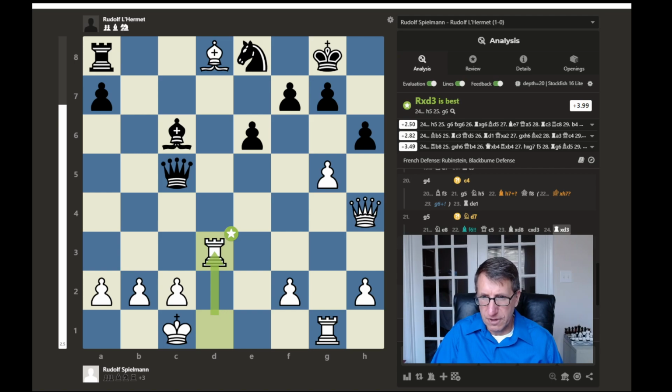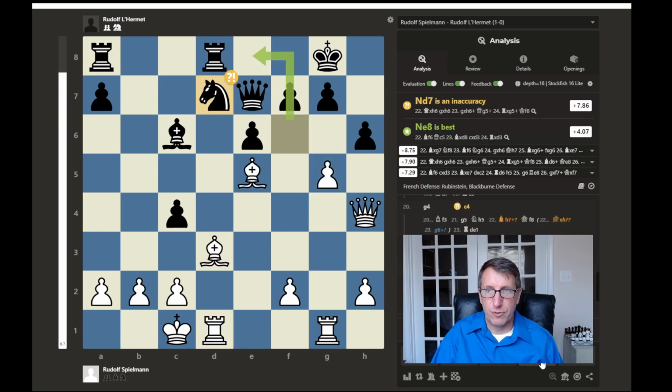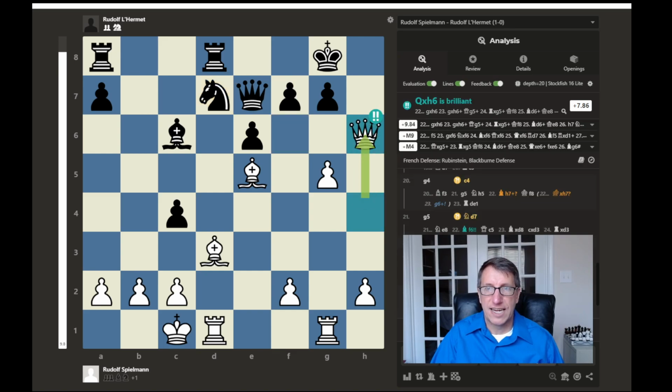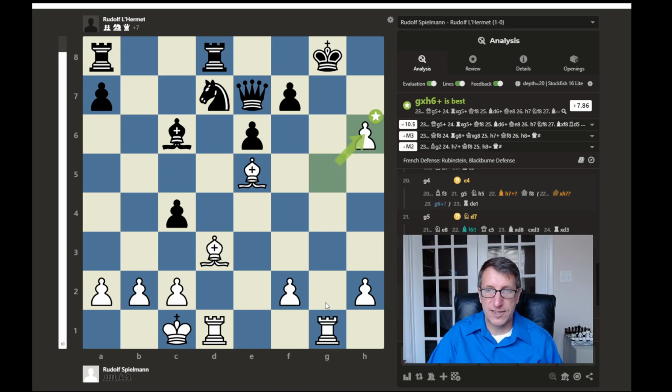And let's see here. Back to this g5 pawn push. The knight moves to d7. And now we have queen captures here, a brilliant move, sacrificing the queen. And the best move to avoid a mate is to capture that queen. But then after recapture with check here,